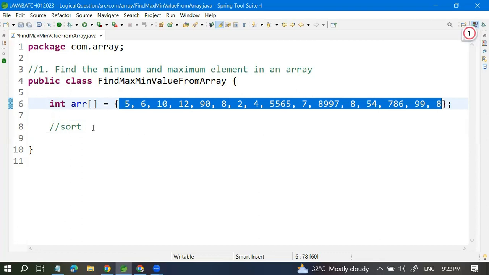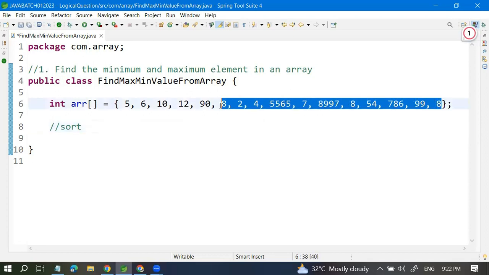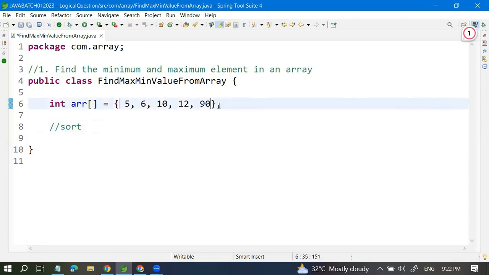Sorting means the values will start with like 5, 6, 7, like that. It's a very big array, so let me remove some elements. If you sort this array, first it will come 5, then 6, then 10,